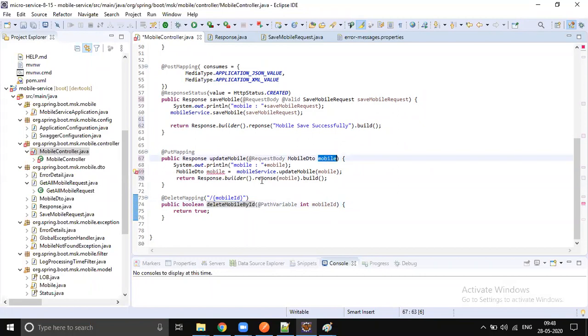I think input also mobile, output also mobile. So let's call from mobile. Okay, we are updating, right? So let's change this to true mobile. Input is from mobile and output is to mobile.